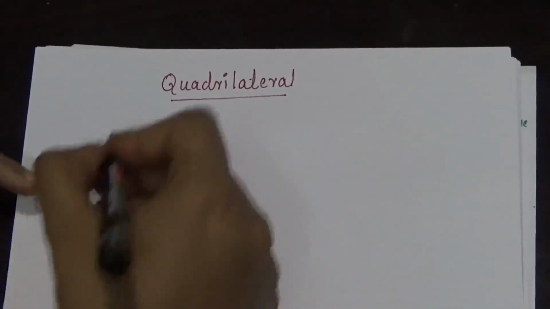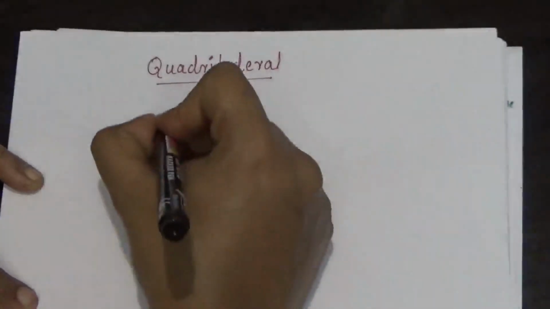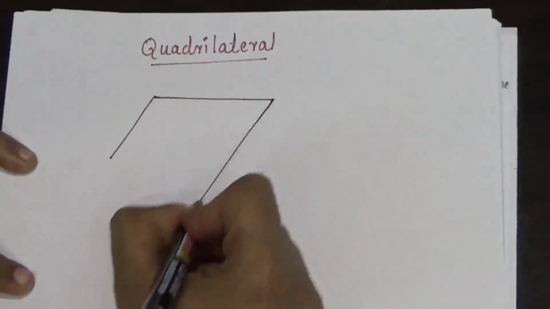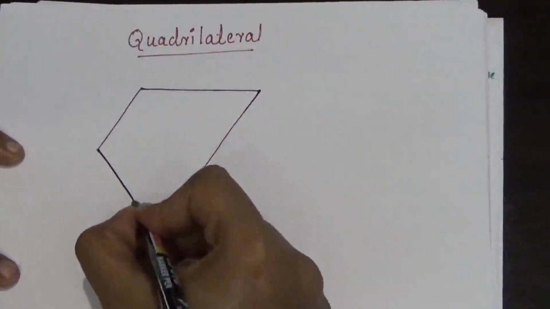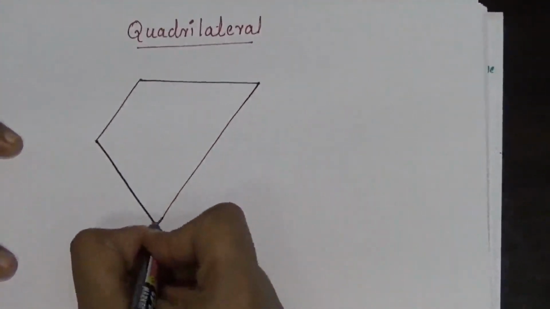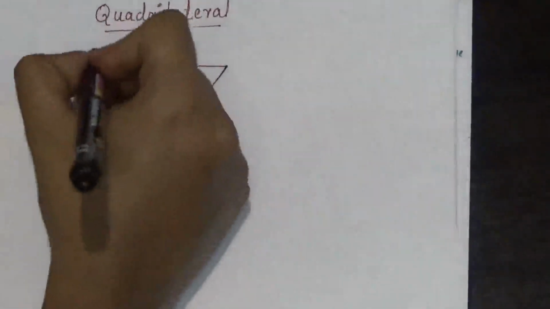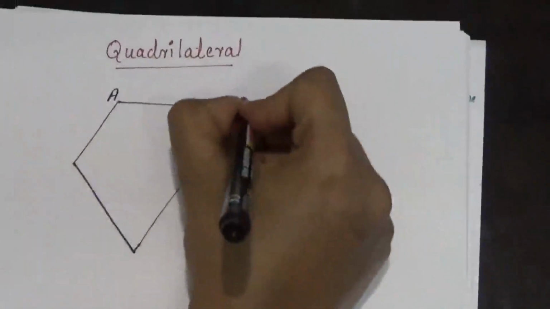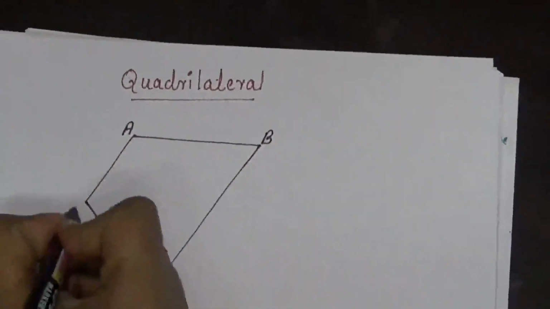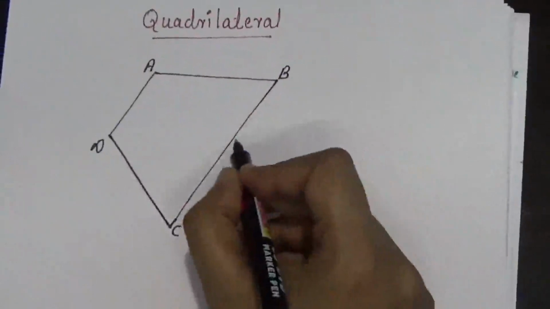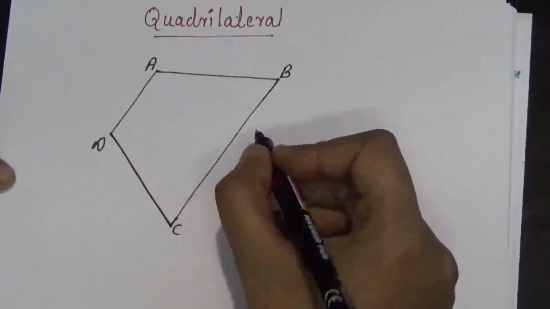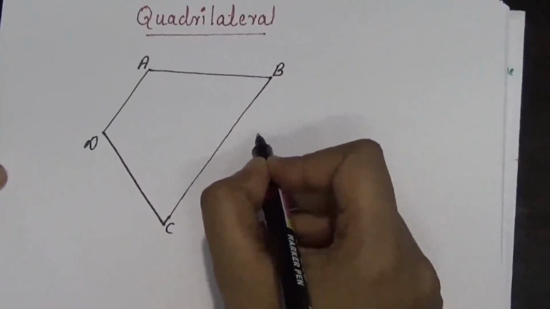Quadrilateral. A quadrilateral is a plane figure bounded by four straight lines. Okay, I'll draw a quadrilateral, bounded by four straight lines. Okay, so let's name that. Let this be ABCD. So here we can say that ABCD is a quadrilateral, and if we join the opposite